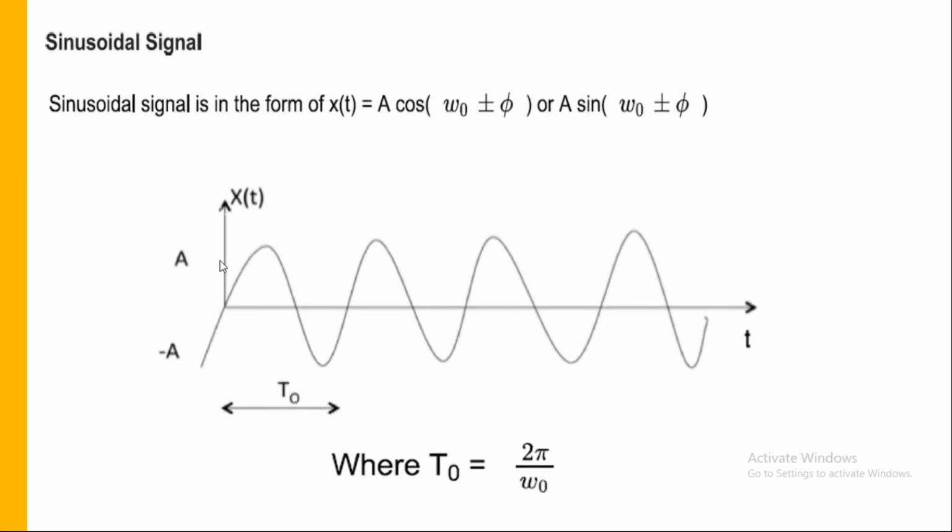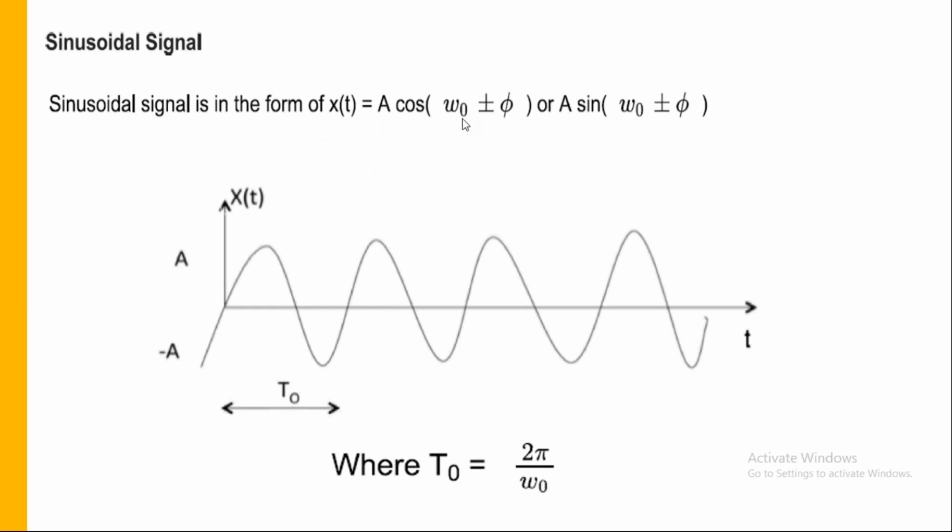Now where it will start and how it looks like. At t equal to 0, your cos is maximum, whereas your sine is 0 at t equal to 0. Now observe it. At this location, the value of t is 0 and the waveform is also 0. So I can say that this is the waveform for a sinusoidal signal. If the waveform starts at this place with a maximum value and then varies like this, then you can treat that as a cos waveform. So that is how it should be.